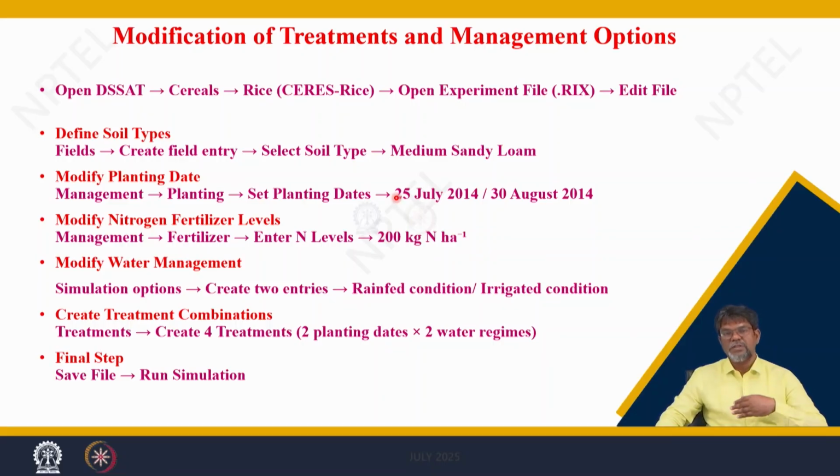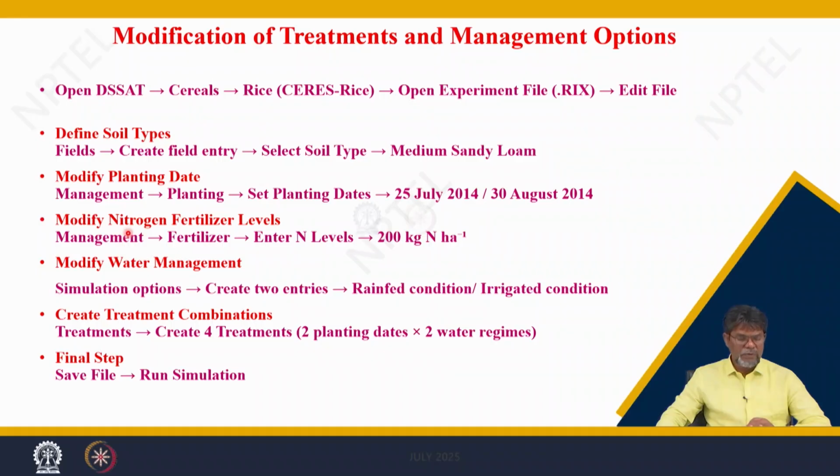Again, in the lower portions of the model, you modify the dates: the planting date, the emergence date, and the number of seedlings at the time of planting, as the information was given. In the experimental file you have also explained the data inputs. Accordingly, you can fill in the information for these planting dates. Similarly, for 30 August 2014.